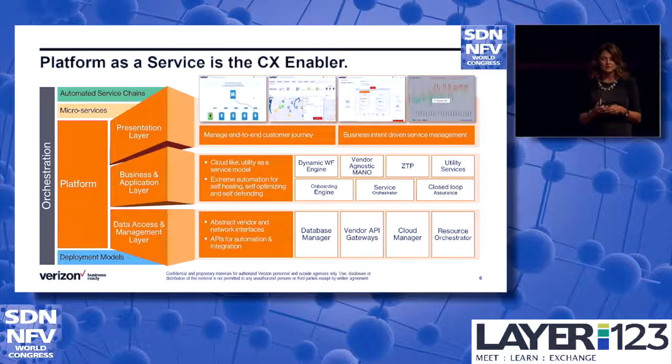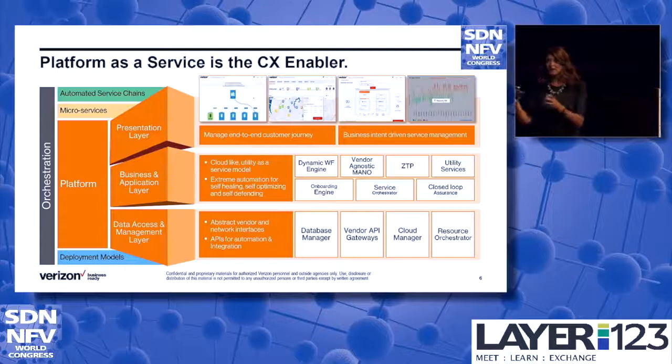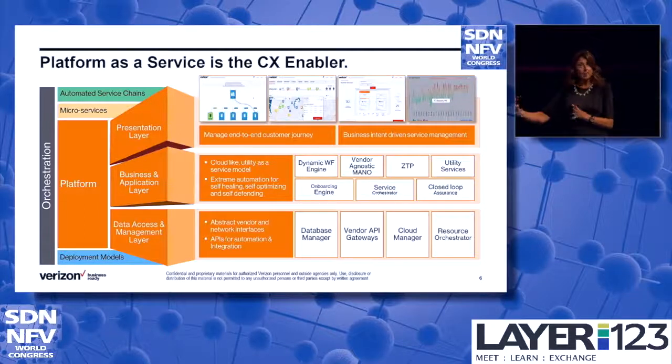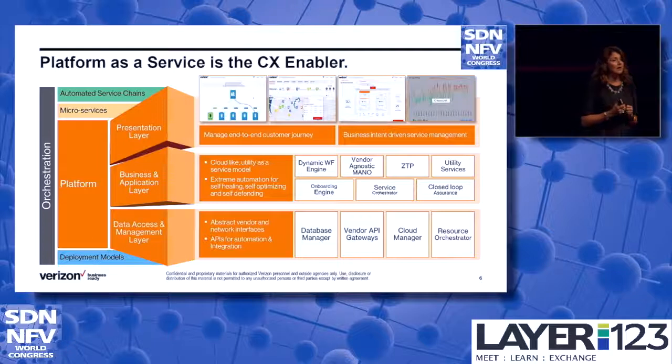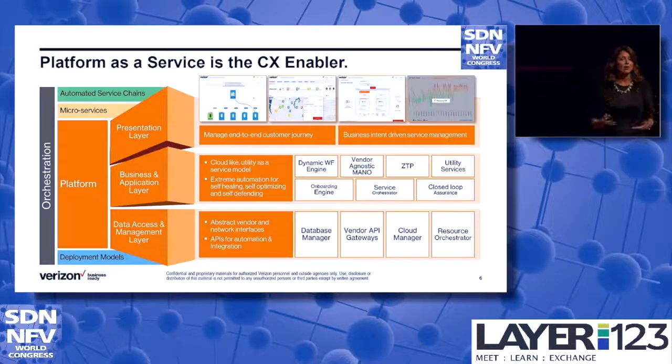The final layer there is the data access and management layer. This is where our cloud management capabilities come into play, the need for APIs for our partner ecosystem, and our extended partner ecosystem, whether it's using Sonata and other solutions with the MEF to provide network interoperability between companies, whether it's to provide vendor interoperability and functions, so that a routing function from one company and a firewall function from another can work together, but really building those vendor gateways so that I can also provide testing capabilities, allowing my partners to come into